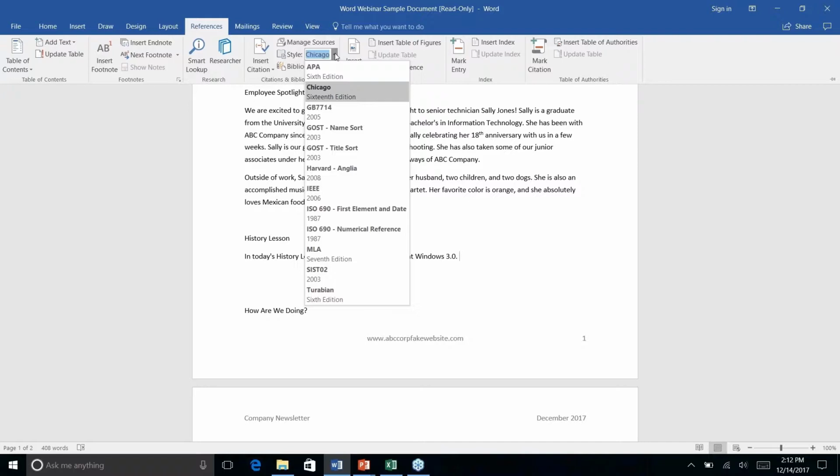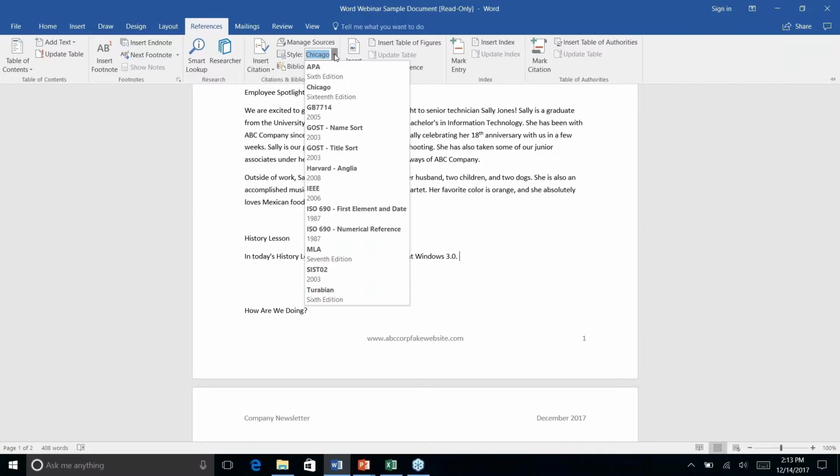So if you are someone who has spent any time in academia whatsoever, I'm sure you have had to cite your sources on a paper, a research paper at some point. So this automatically comes with all of the most popular citation styles, and it formats it automatically for you and then gives you the ability to go and edit things afterwards. Not only do you have the ability to edit it, it stays as a live feature within Word unless you